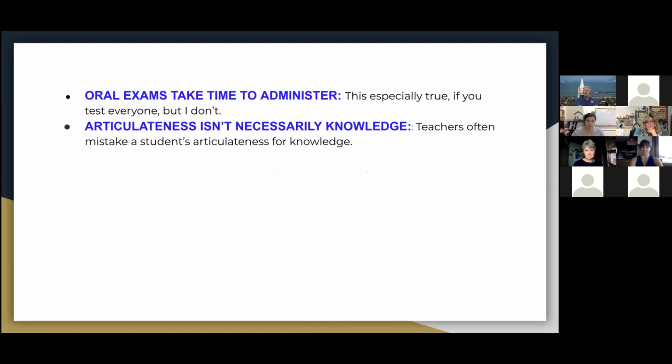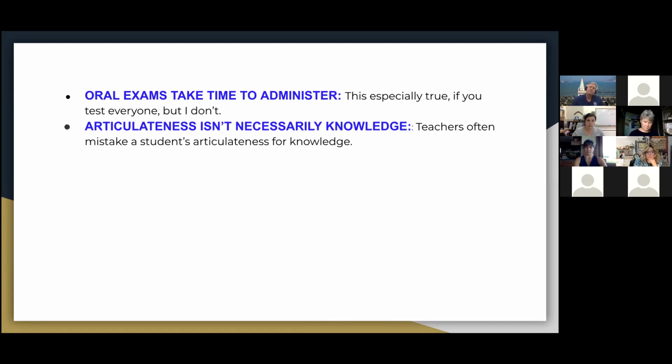And then if you are seeking to use oral assessment to determine the content knowledge of an entire class, let's face it, you're talking an endless amount of time, even at 10 to 15 minutes per student. And so I don't assess every student, and I get administrative support for that. Realizing full well that I have a lot of teacher friends all across the country who I've talked to about this, and they've said no way would they ever get administrative support for something like that. When they test, they have to test everybody.